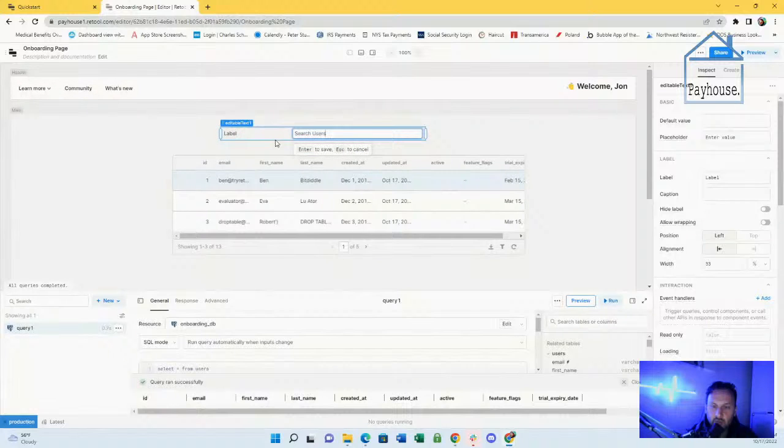I don't know that I've selected the right input here. Oh, we've got all of these options on the side here. Label is going to be, okay, this is where search users should be. Trying to do it directly in the editor here, but this is editable text. Move this up here.